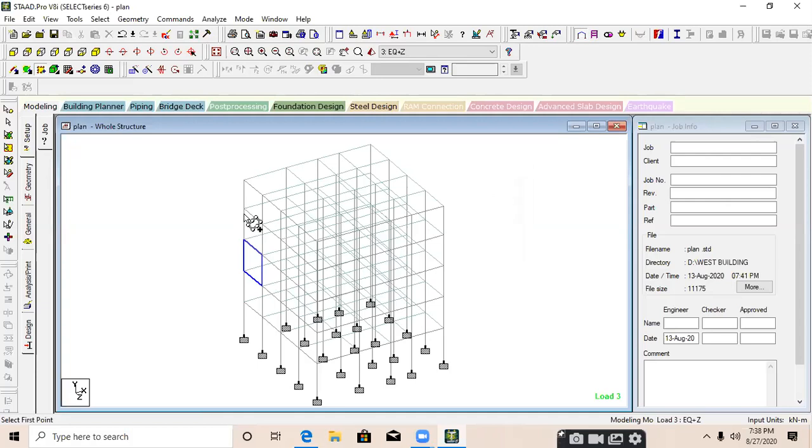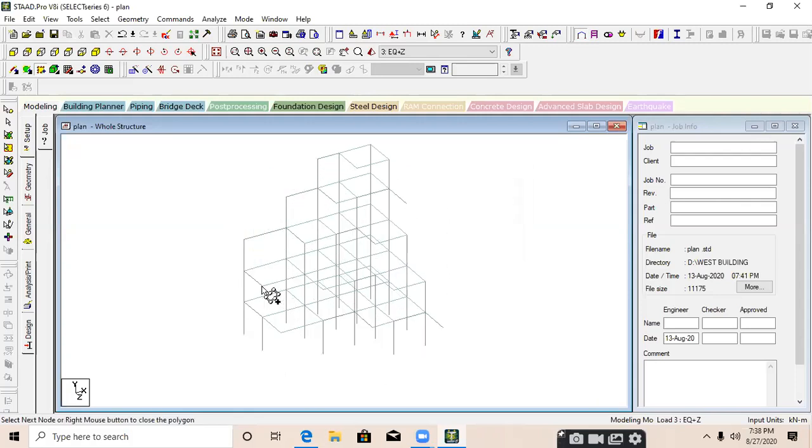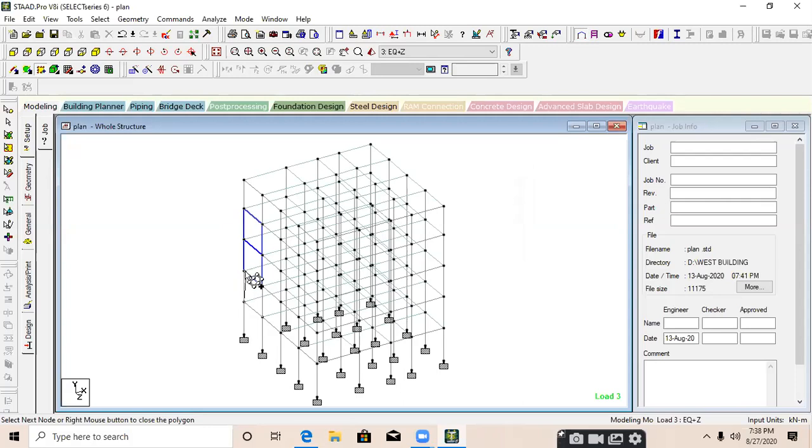One, above that, it's my second shear wall, and this is my third shear wall. Like that, you just need to create shear walls at various locations. You can create a shear wall at the face of the building, at the core of the building, or at the corner of the building. Just you need to decide it. These 3 shear walls I want to design in this lecture. If I want to create here, I can create that.